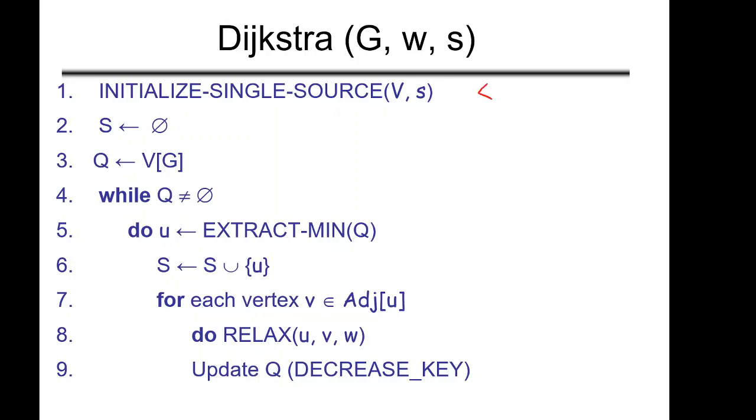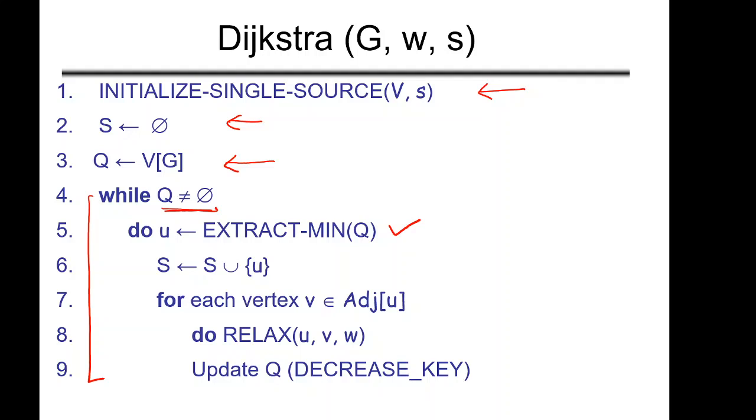So initialization step is same as the previous one. Then we will initialize set S with phi, and we will put all the vertex in the beginning in set Q, and then we will run this while loop till Q becomes empty and all the vertex will go into set S, right? Then what is the operations we need to perform? We need to perform extract minimum operation, which will give you the value or the vertex which is having shortest or minimum shortest path estimated value.